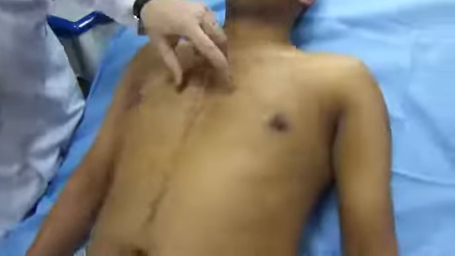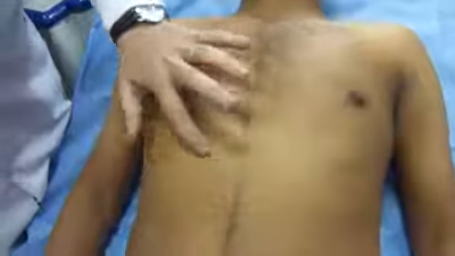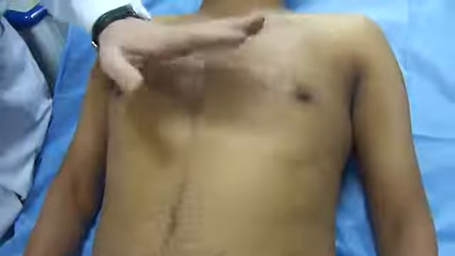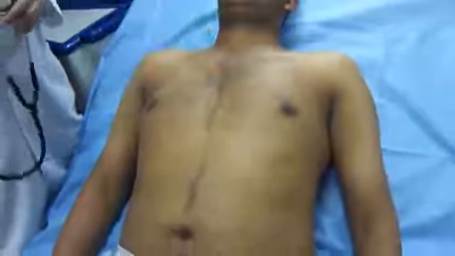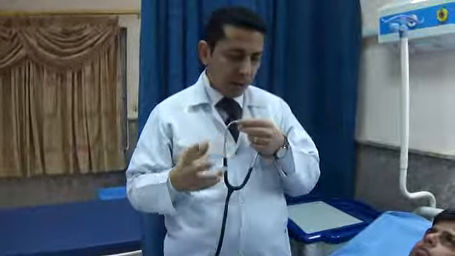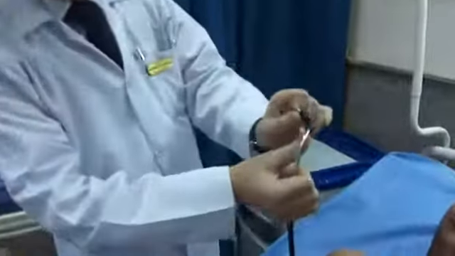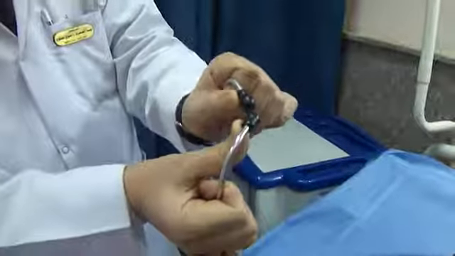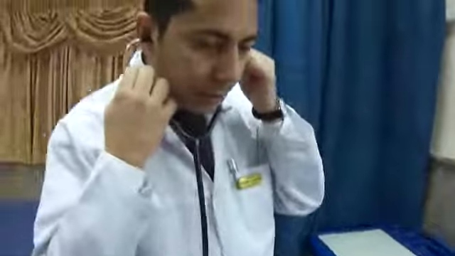As we have learned in the percussion, the lower chest border should be the 6th rib anteriorly and the 8th rib in the axilla, because as we know, these are the lower borders of the lung, below which we will have the diaphragm and the abdominal content, in which the breath sound may be altered, or there may be even bowel sound. In the following way, I'll direct the stethoscope anteriorly, the earpieces fitting properly with my external auditory meatus, and I'll tell the patient about these instructions.